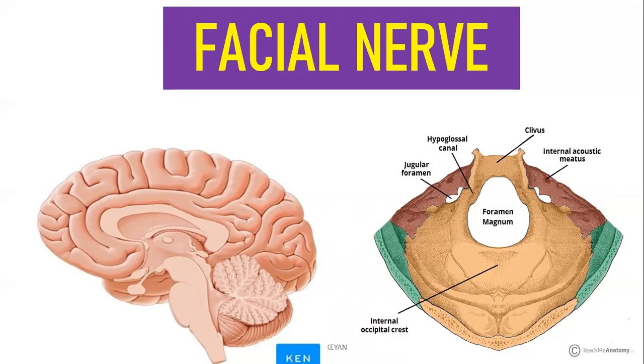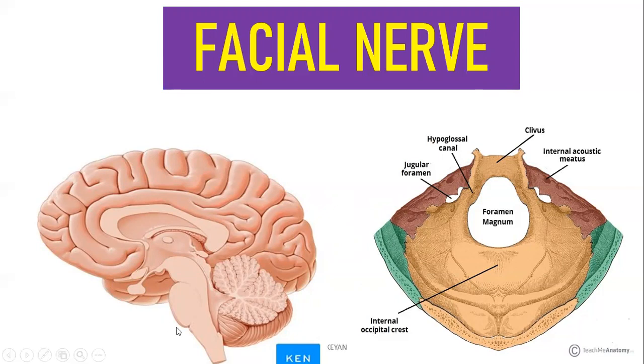Next, what happens is it moves laterally and forward. If you take here, you can see you will have your pontomedullary junction somewhere here. In origin, it is going to arise from the pontomedullary junction as two roots. We saw the facial nerve is a mixed nerve, so it must have a sensory component as well as a motor component. So it is going to arise as two separate roots. Medially, you will have your motor root, and laterally you will have your sensory root.